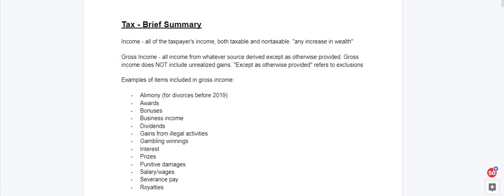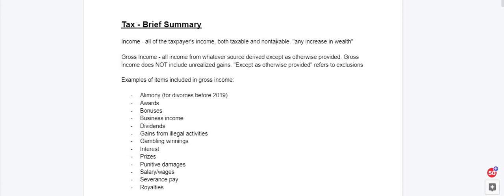Now, what about gross income? Well, gross income is a part of taxable income. To figure out your taxable income, you first need to know what your gross income is. Now, unlike just income, all of your gross income is taxable. So if your gross income is 100K, that means by default that all 100K of your gross income is taxable, because that's what gross income is. It's referring to income, right? That is taxable. However, gross income and taxable income are not synonymous either, right? That's why this video exists.